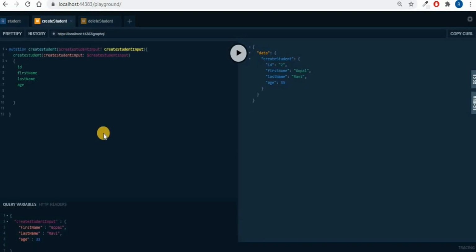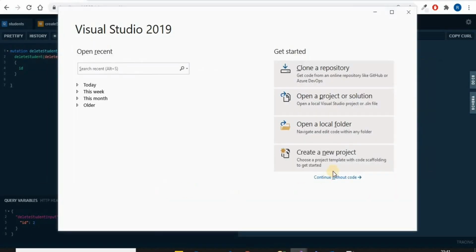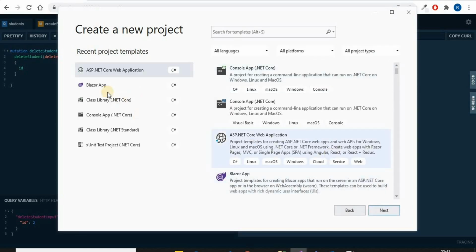Here we are done with the GraphQL APIs. All our mutations and queries are working as expected. So next we are going to implement Blazor and make Blazor use these APIs. Yes, to implement the Blazor app, let's open Visual Studio 2019. Create new project. Select Blazor app. Next,